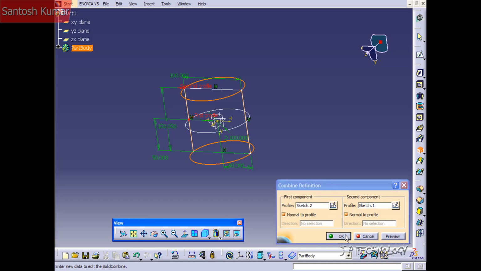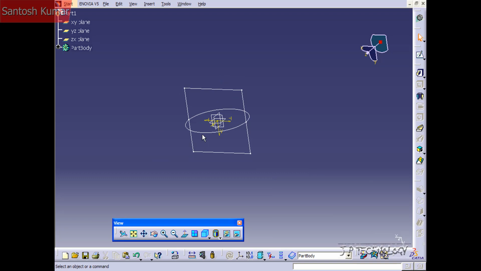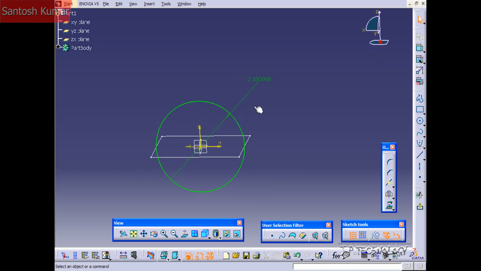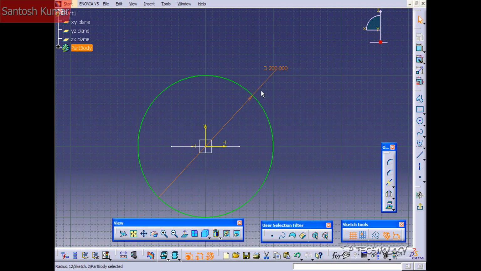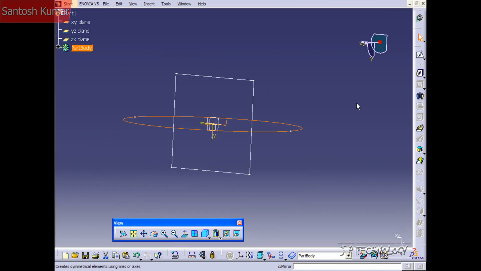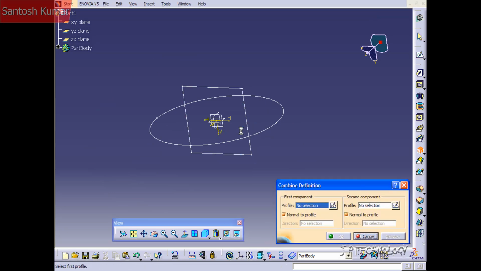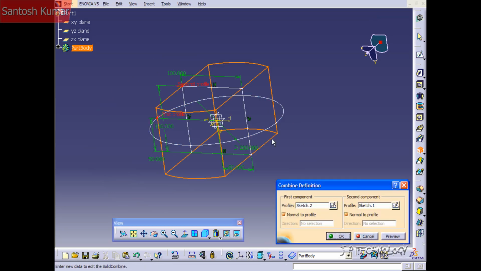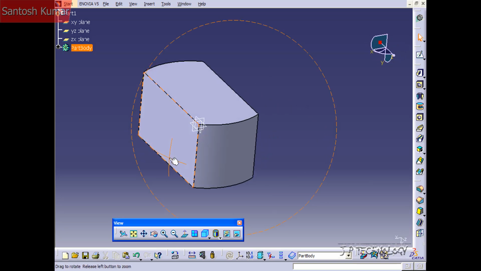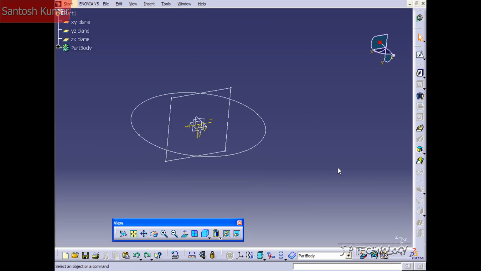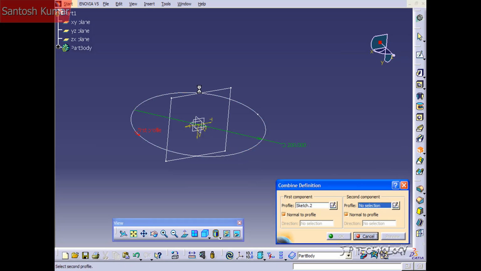So now let's edit some of these sketches. Let's make this circle come out more. So let's make this 200. Go back, and let's do the solid combine again for both of them. Click OK, and now we get a different shape again. If we go back, let's look at how this solid combine was made again,